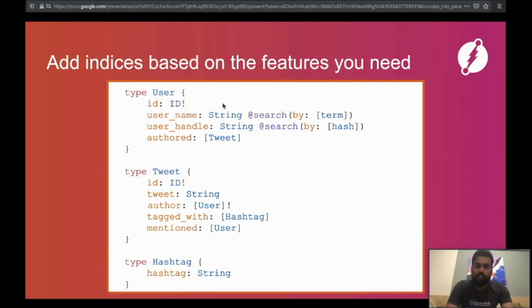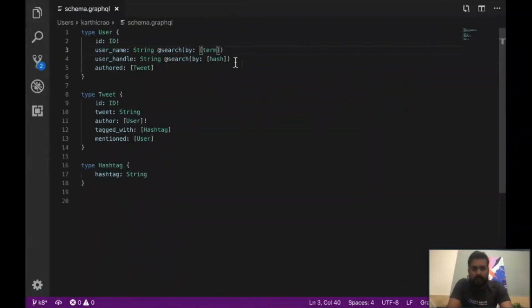and you should be able to then use new, more powerful querying facilities. For instance, let's say to power your Twitter search, you want to be able to search using a regular expression. For instance, I'm Karthik Rao. Let's say you want Karthik Rao to be in your user search, in your Twitter search, even if you use a substring of my name, let's say ART. In such a case, you need regular expression search capabilities. Again, very simple. Just come back, add the regular expression index,